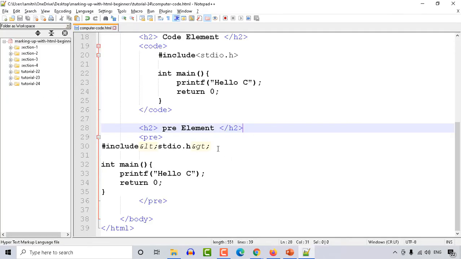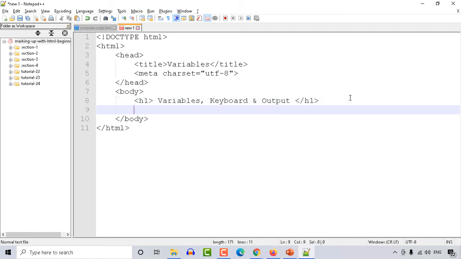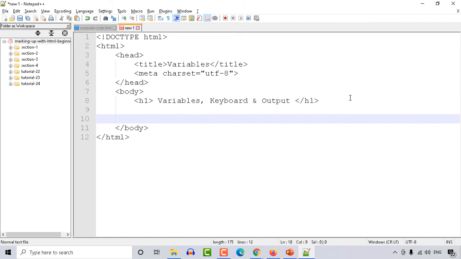Now there were a few more tags that we have seen, so let me show you those tags as well. These elements are for variables, keyboard and output. To represent that, let me show you a piece of code like int var, and let me keep it inside a paragraph again. And I will also keep the same thing inside our var element.